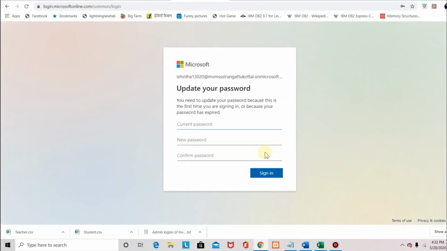Firstly, when you click sign in, you can see update your password. You have to change your password. First option is your old password. The next two options are your new password. After typing the new passwords, you can click sign in once again,